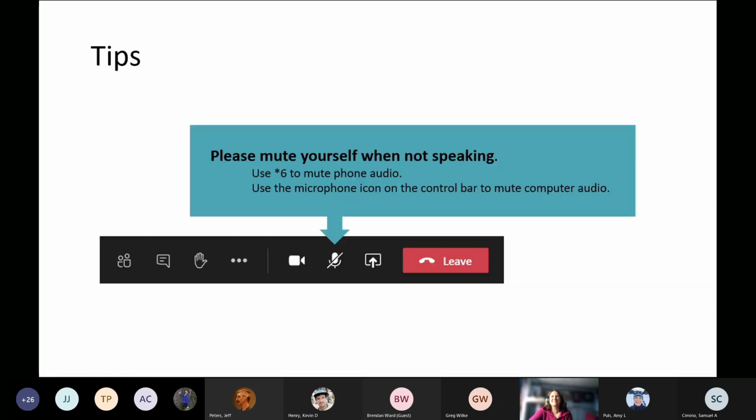presenters or three presenters. So just before we get started, I'm going to give you a bit of tips for how to use the different functions of MS Teams for those of you that are not familiar with this meeting platform. The one icon that we really want to point out is the mute button. Now, depending on what version of MS Teams you're using, if it's the web browser or the desktop or an older version, the location of the bar may be at the top or at the bottom. You may have to move your mouse to make it appear, but the icons are all pretty much the same, regardless of the version you're on. If you're not using your computer audio, you can use *6 to mute yourself and to unmute yourself.